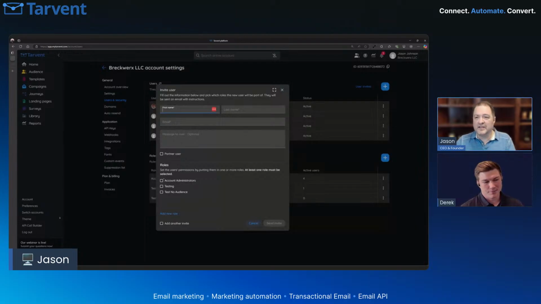So the other thing with this is when you add a user, all you're doing, like this shows, is you're inviting the user. So we haven't actually created the user or done anything. All we've done is send an invite with a special link that they click on, and then they can register.